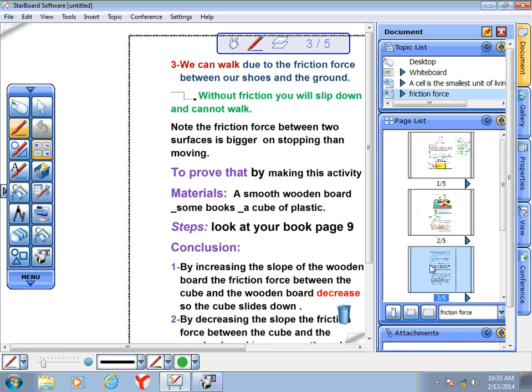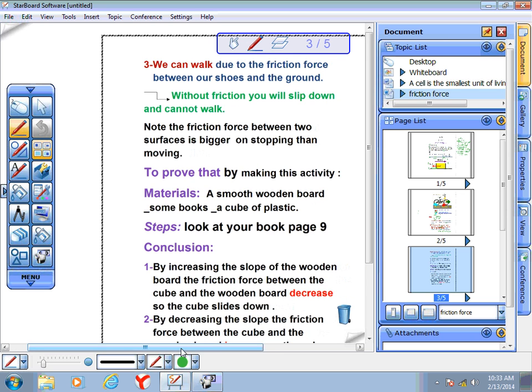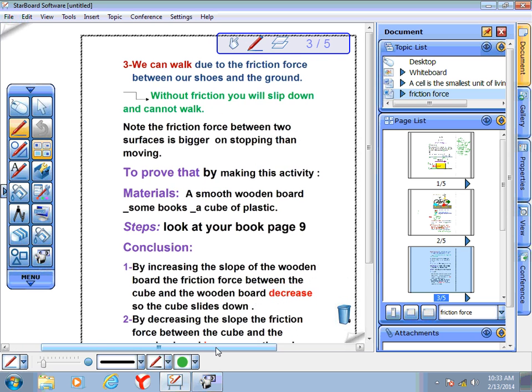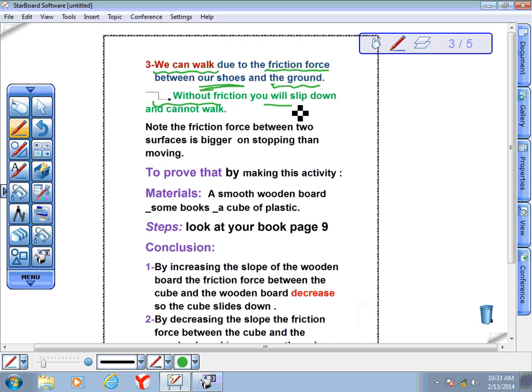And another note tells us we can walk due to the friction force between our shoes and the ground. Without friction, you will slip down and can't walk. So the friction force keeps us from slipping down, and this note said that the friction force between two surfaces